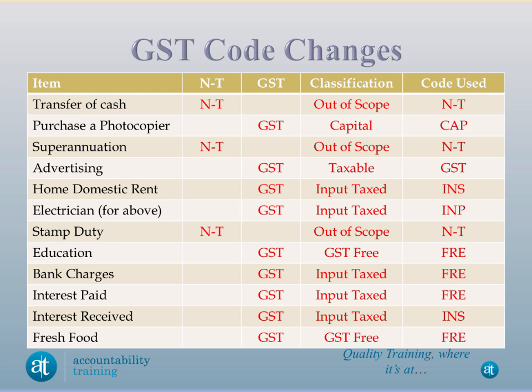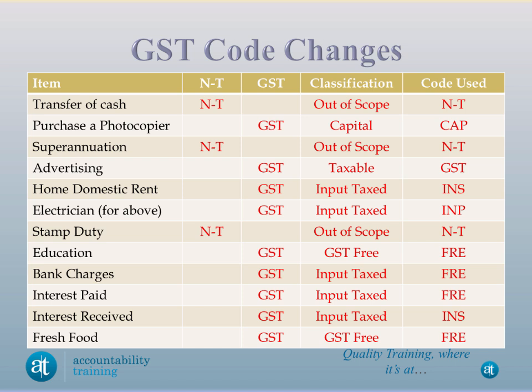Fresh food is the provision of goods. However, this item is listed as a GST-free item under the GST Act, which means that no tax is applied. There is a requirement to report it separately on the BAS under G3 if it is a sale item, and G14 if it is a purchase item. To be able to do this, we give it a separate zero tax code of FRE. For a sale, this is reported at both G1 and G3. For a purchase item, this is reported at both G11